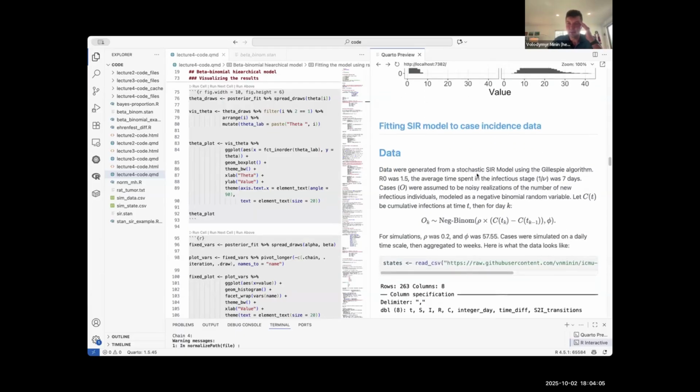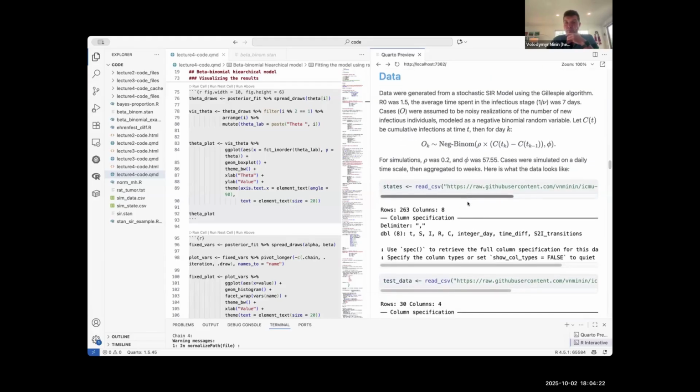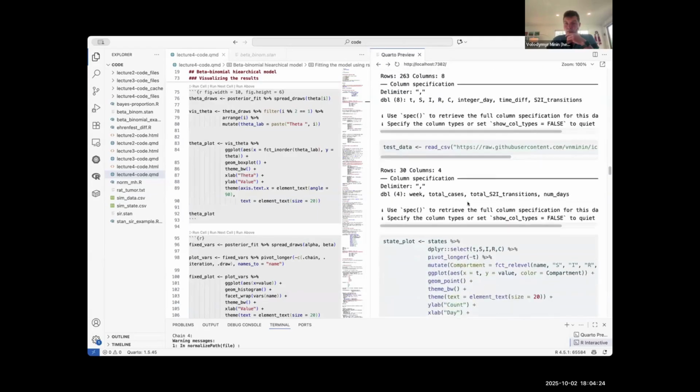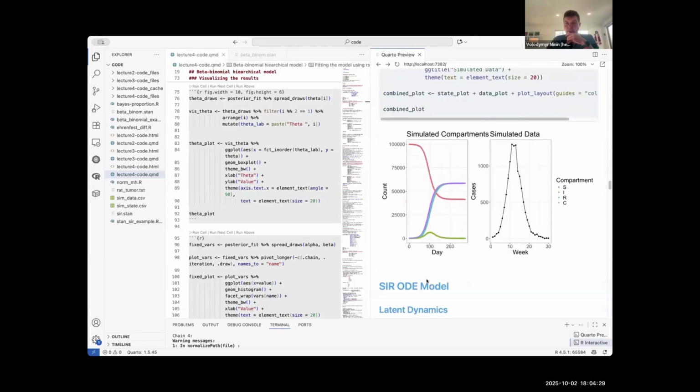So this is pretty much the same. Oops, I forgot that my notation is a little different here. Sorry about that. So this cumulative incidence, I'm calling it here C, and my data is not Y but O. So let me show you, this is the data that Isaac simulated from a stochastic model actually, but it's